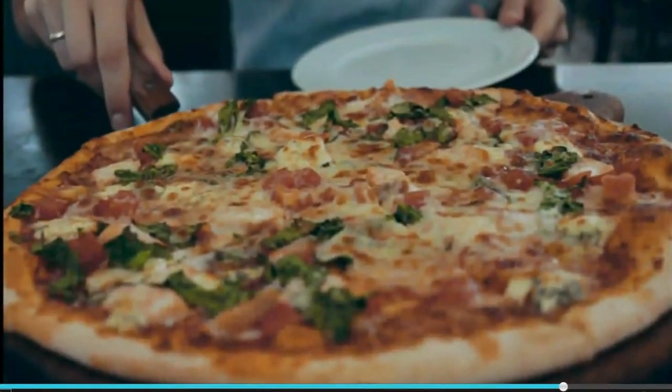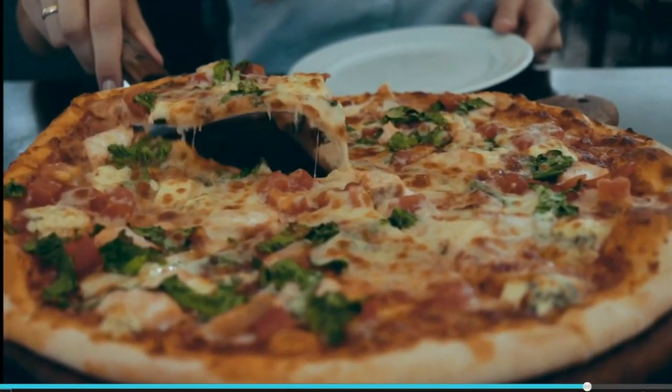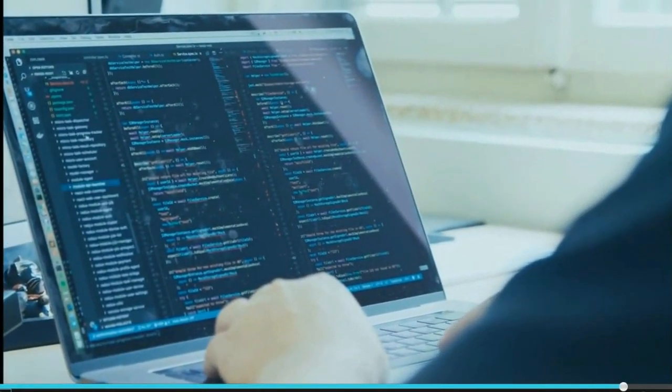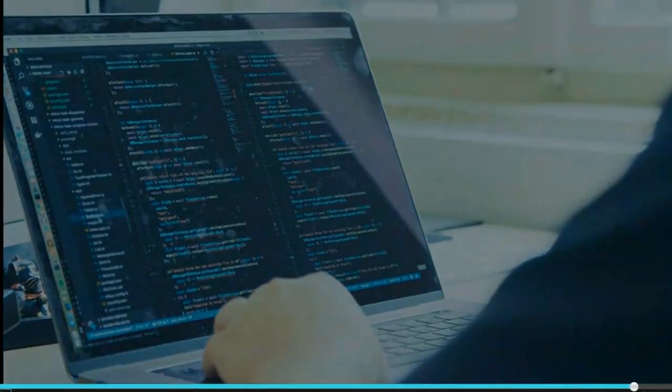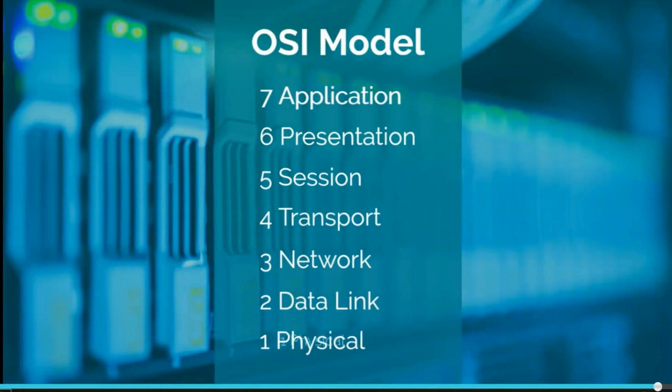So, what's the point of OSI? If your pizza isn't right, the manager will follow the steps in your order to see where it went wrong. OSI is like those steps. It provides a point of reference that lets network managers and programmers troubleshoot. Your job is to get familiar with the layers, learn what they mean, and how they connect.